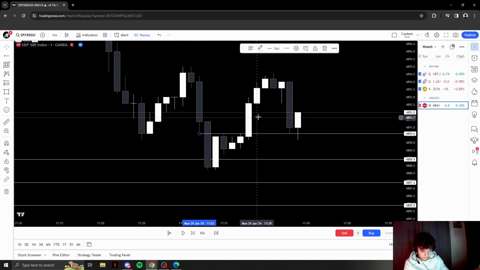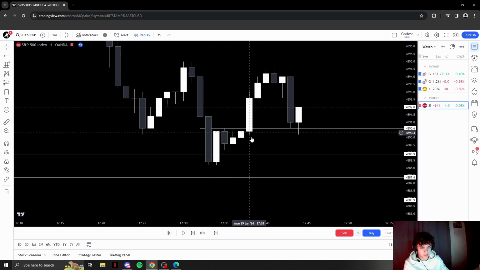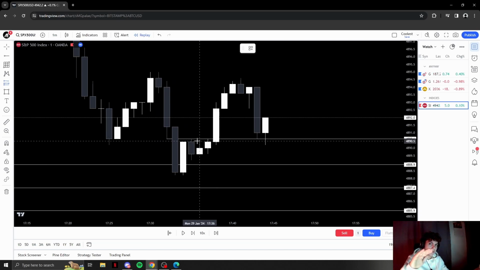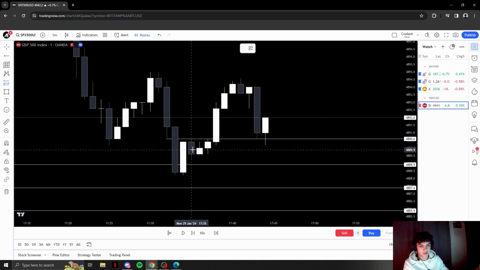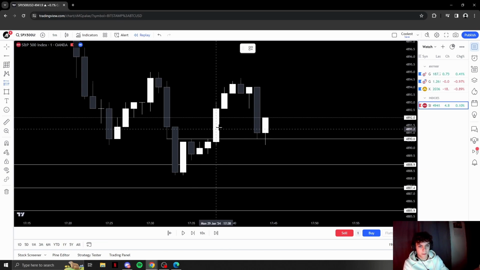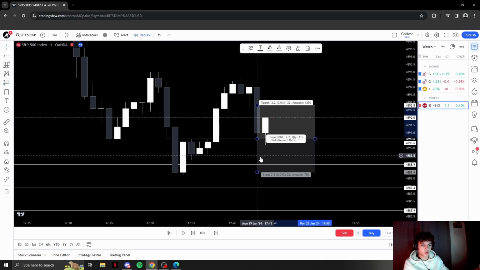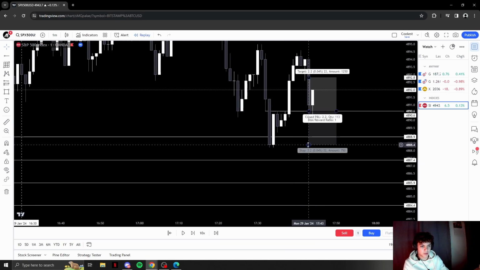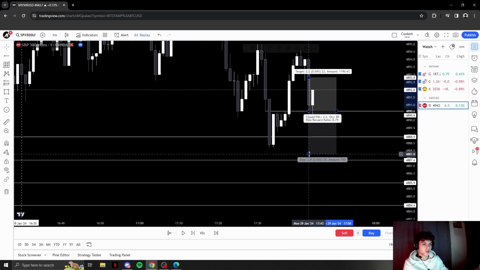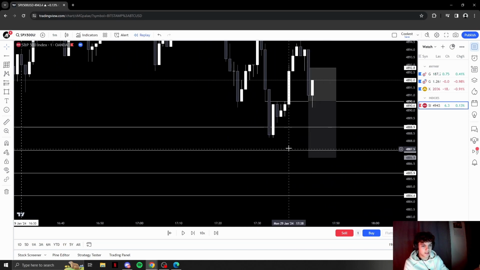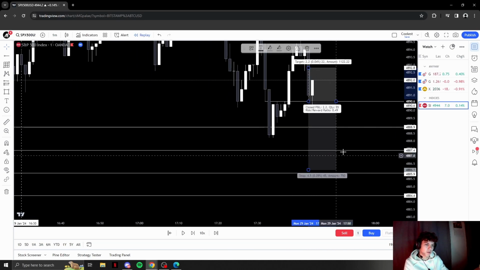But right here, I would essentially enter from this breaker structure, or this order block. Order block is also coming up later, so don't worry. But this is also an order block, so you can enter off of that or this breaker structure. Let's say I would wait and be patient. I would enter from the order block. Where's my stop loss? It's below. You should always have some breathing room, but I would do it like this. This is also liquidity, so a little bit below that. It depends.